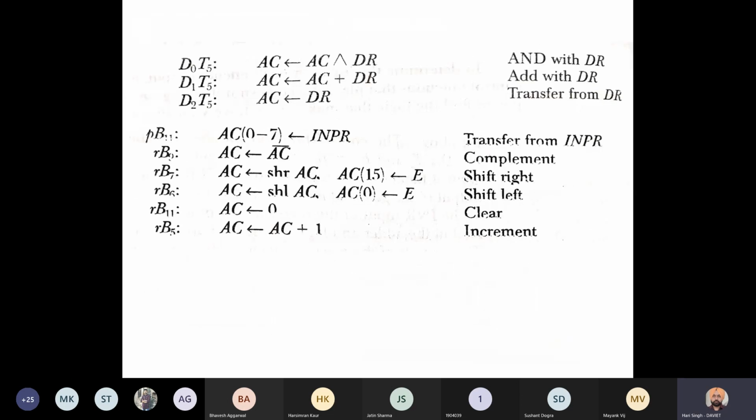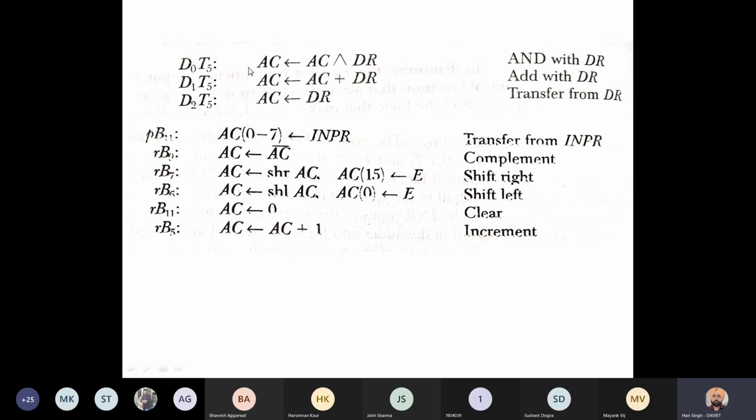So the control unit will receive information from decoder circuits, in the form of D0 to D7 and T0 to T15. It will receive information from the I bit and from bits B0 to B11, and according to that, any operation out of these will be performed.